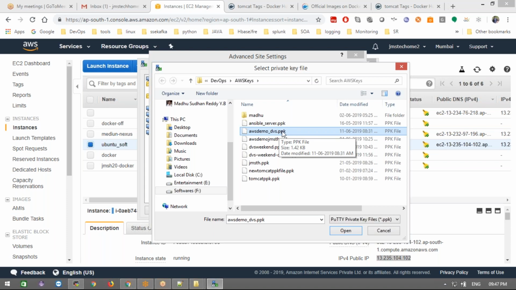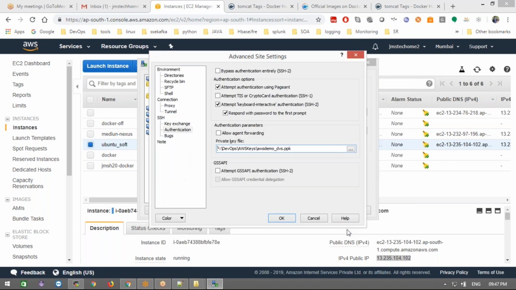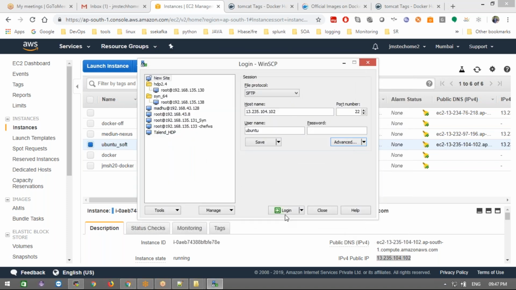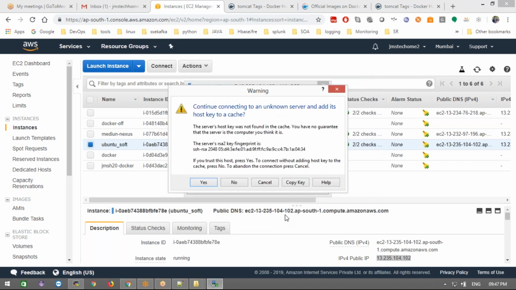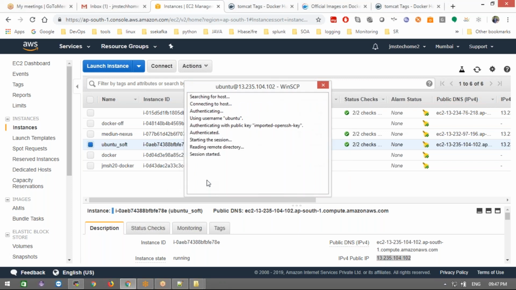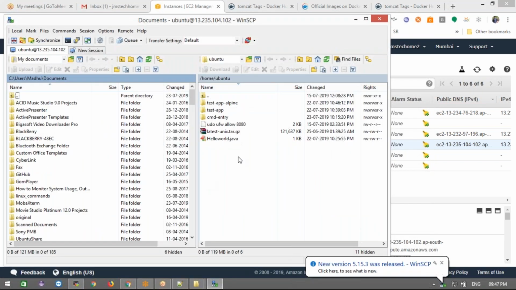Upload it here, connect, and log in. It will show one side as my Windows system and the other side as my cloud Ubuntu instance.